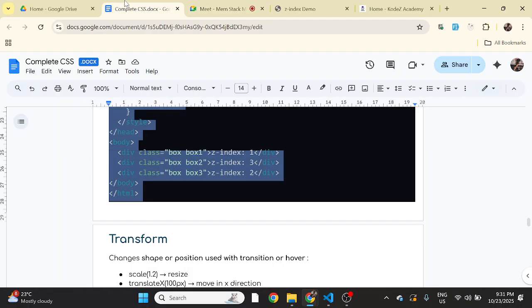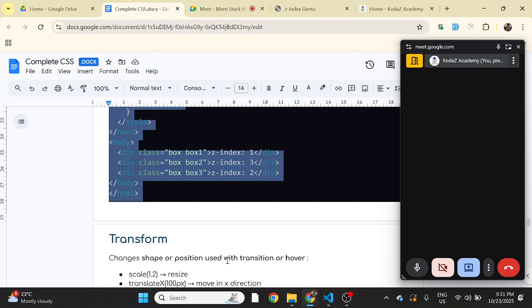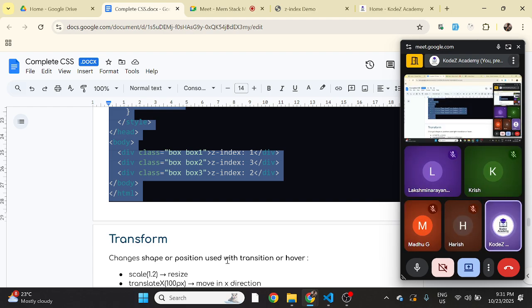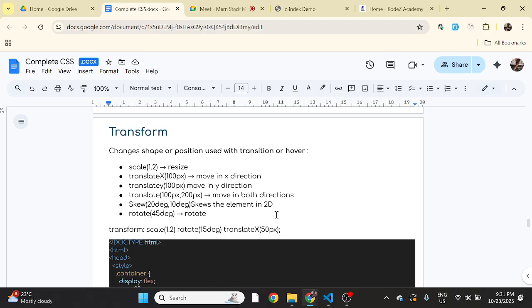Okay, let's move ahead. So now we are going to learn about transform. From here we will learn about transform, transition, animation. These are the interesting topics. So what is transform? We can change the shape, or we can give some position to any particular